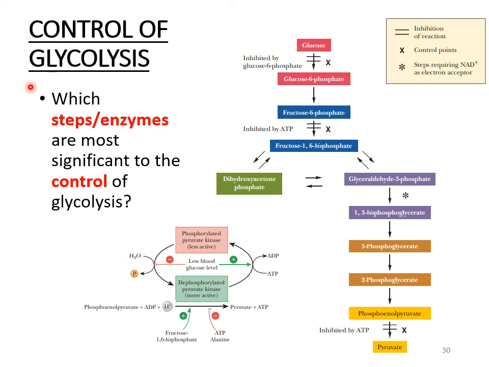Now, sometimes instead, what will be blocked is the intermediate, which is this step here. So the production of fructose 1,6-bisphosphate. And that, as you can see by the figure, is blocked by ATP, which you're going to see in a later step. ATP also blocks the last of the enzymes as well. So sometimes there's more than one thing that can block these enzymes, but this figure points out ATP for each